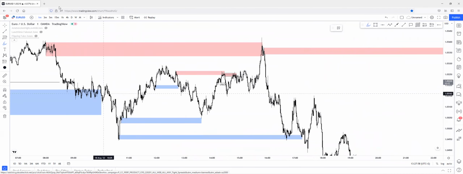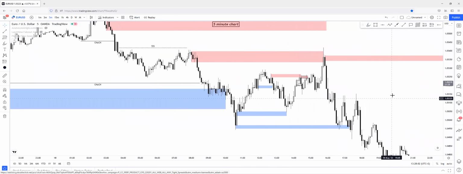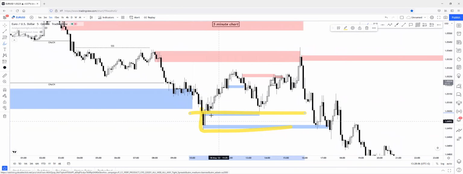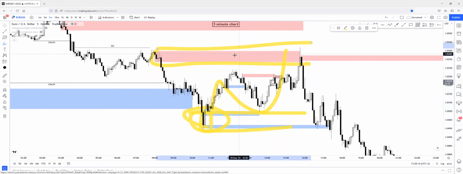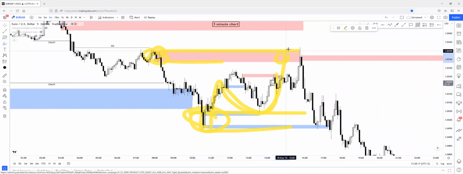This demand zone. Let me switch to the 5-minute chart, it will be much cleaner. Where is it? Right here. So this was the 5-minute demand zone. This 5-minute demand zone wasn't strong enough to break above this last recent 15-minute supply zone. And this supply zone was able to hold the volume of this demand zone. It did hold the volume of the demand zone and reversed the price immediately to the downside with a huge